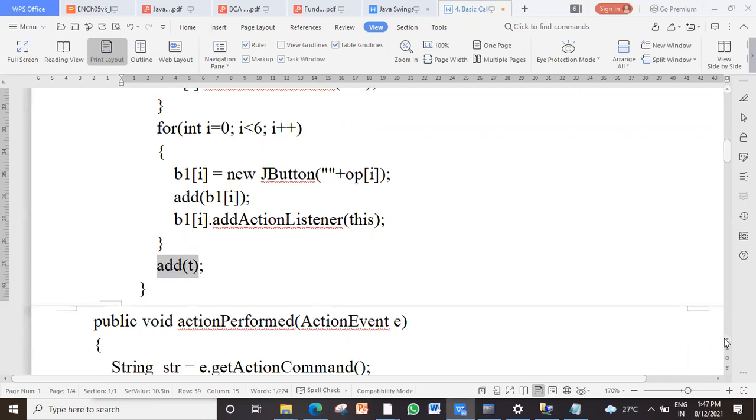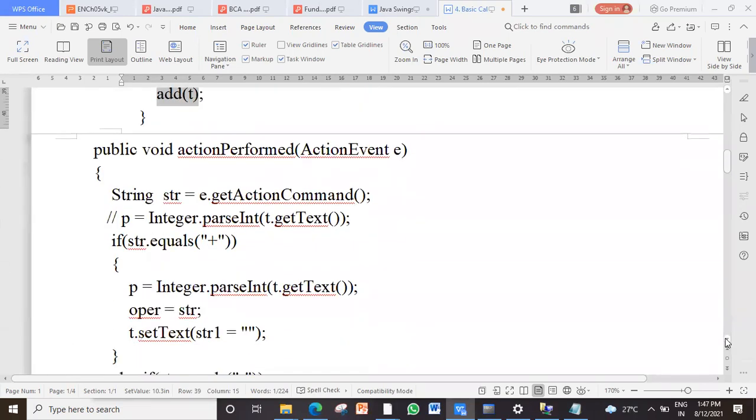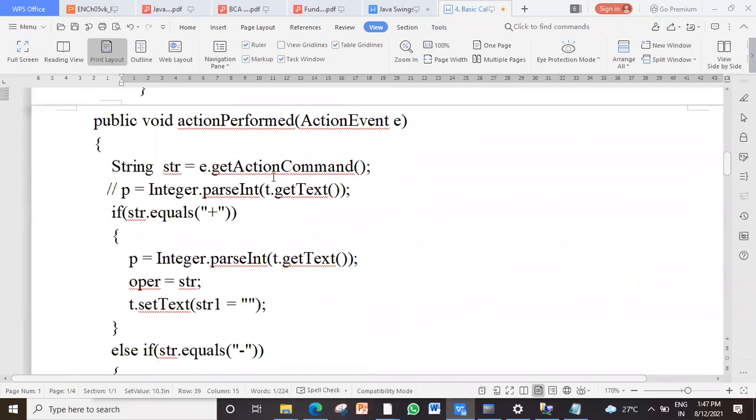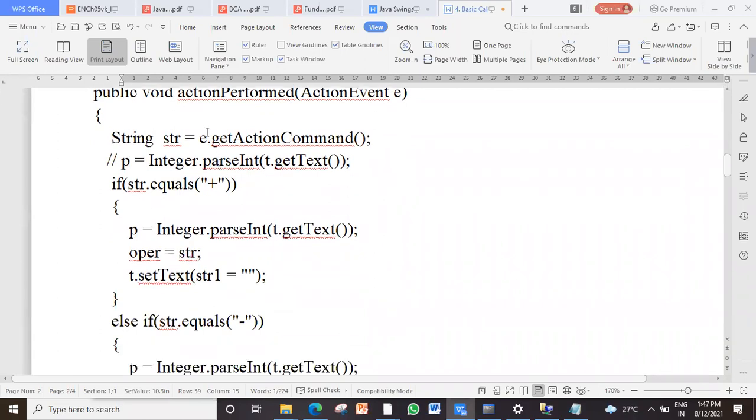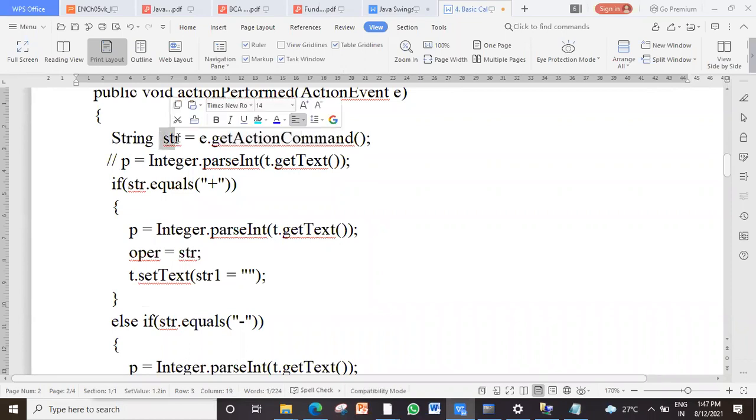Now in the actionPerformed, you have to pay attention a little bit here. First of all, since there are multiple buttons, we need to know which button has generated the event, because every button is going to do some different action. Clear? So to identify which button, we have used which method? getActionCommand. And the name of the button will come in str.